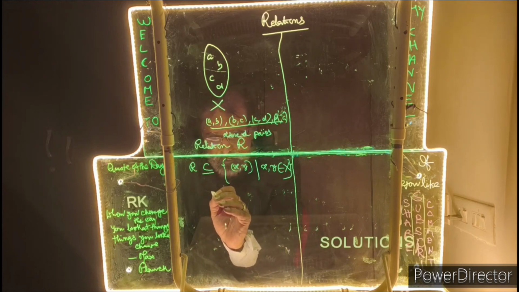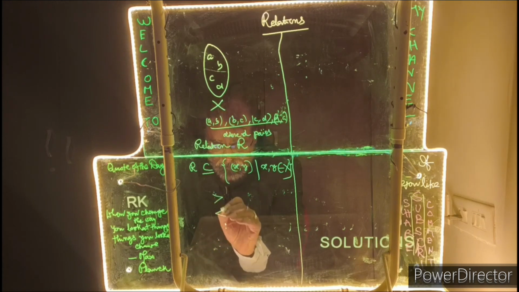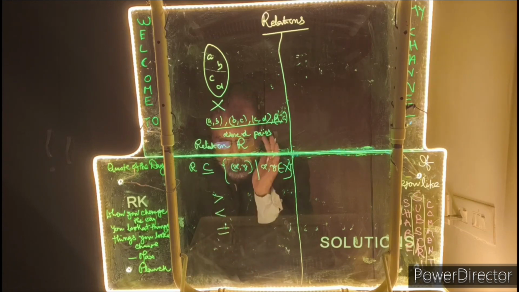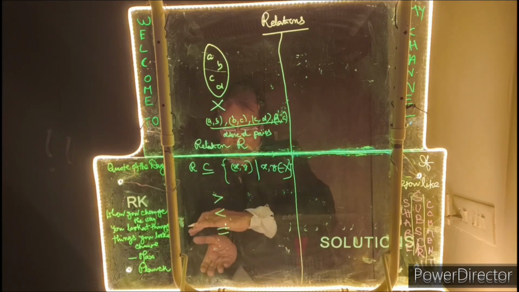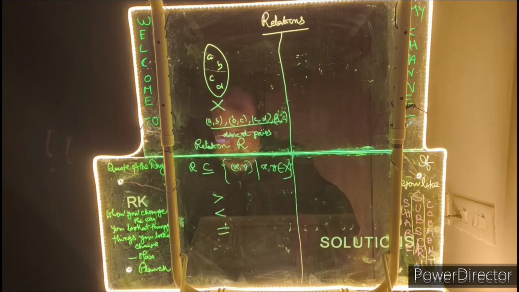Relation can be, let's say, greater than is one relation, less than is one relation, equal to is one relation, or anything which relates two objects. Right. So, this relation can be